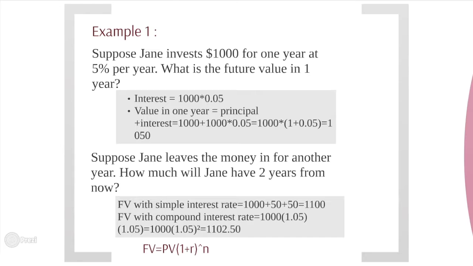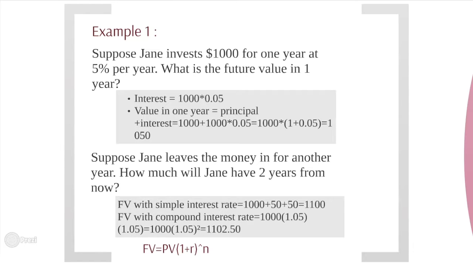Then, suppose Jane leaves the money in for another year. How much will Jane have 2 years from now? So there are two ways to solve it. For finding future value with simple interest, we just need to add interest twice to the principal, since simple interest is paying the same amount of interest every year. So we just need to add the 1,000 and twice the interest together, and it will equal